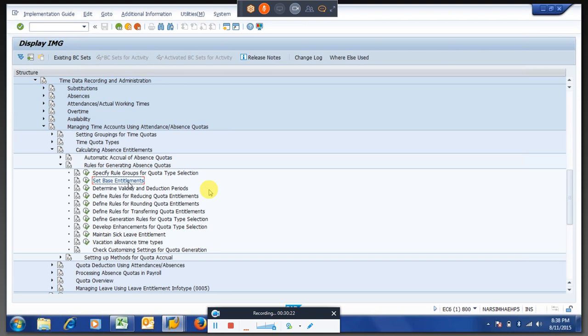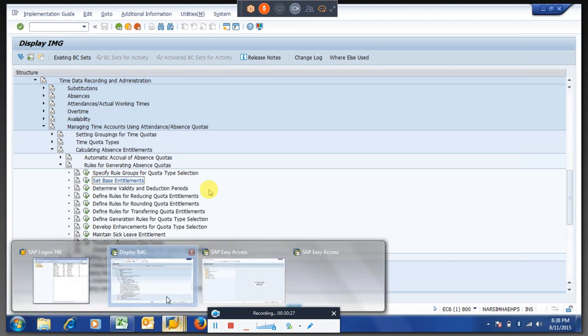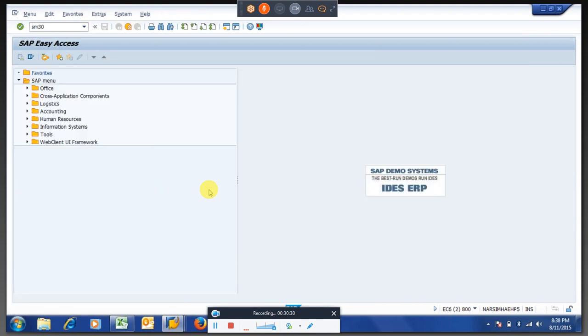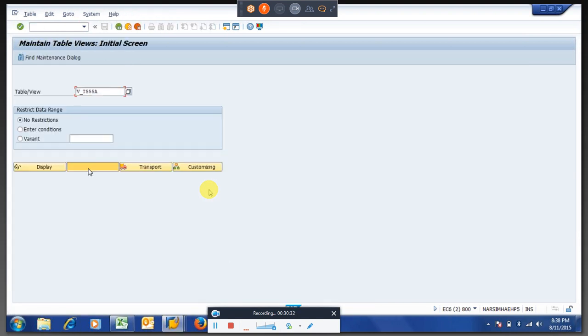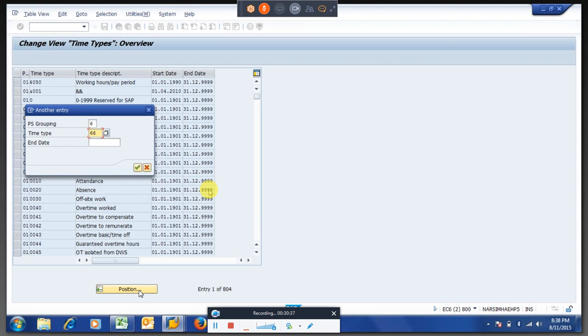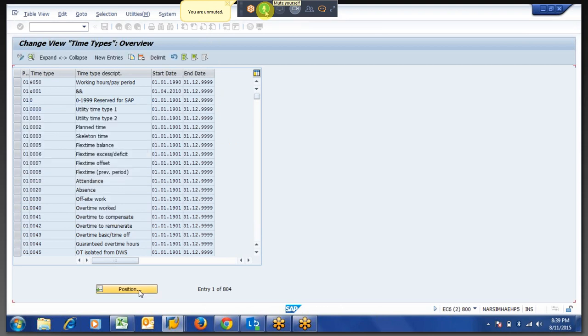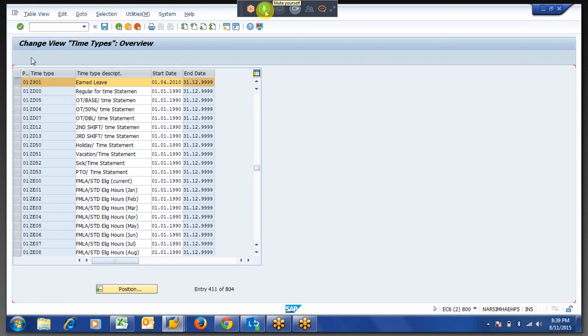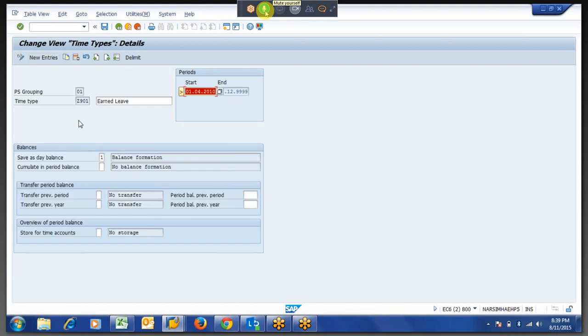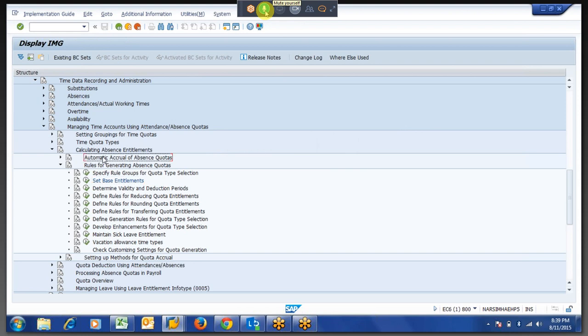So up to the configuration part, everything is clear, right? For everybody? On the time types, I think I have shown the three important points.